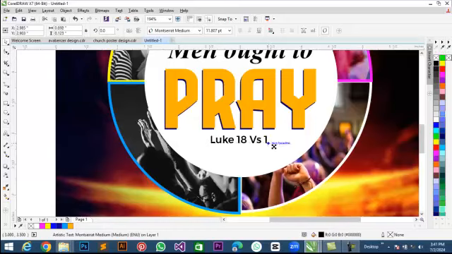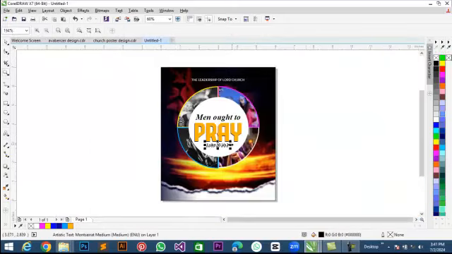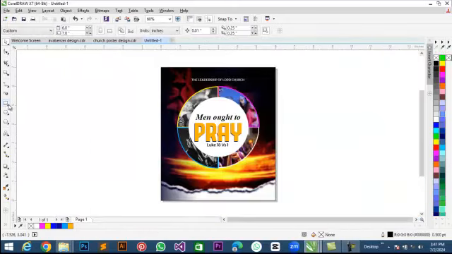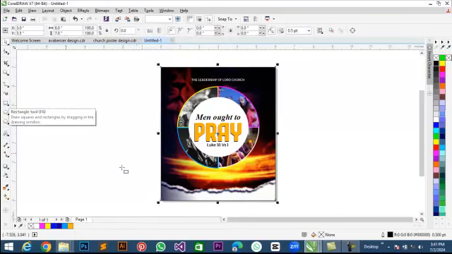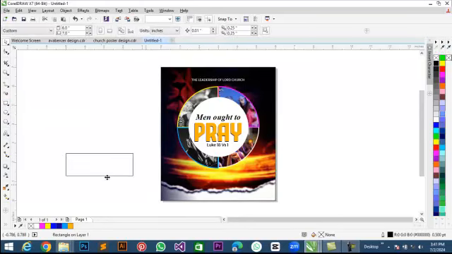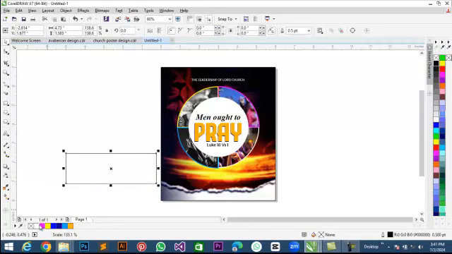Okay, let me increase that a little. So I have something like this. The next thing I'm going to do is add a footer to this design. So draw a rectangle this way, fill it with white color, remove the outline, and then you right click down and then